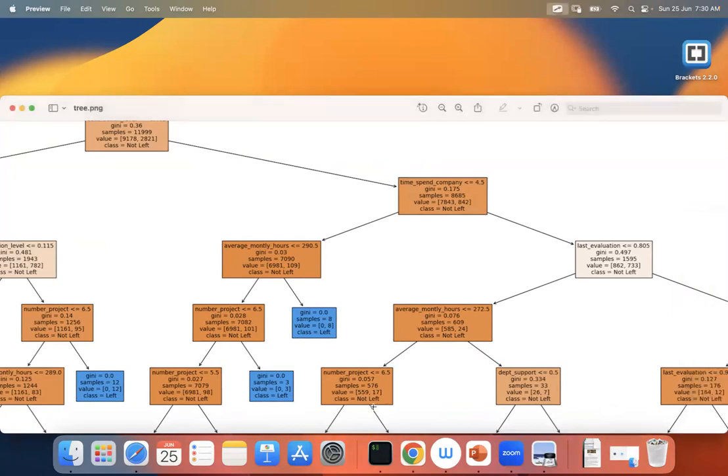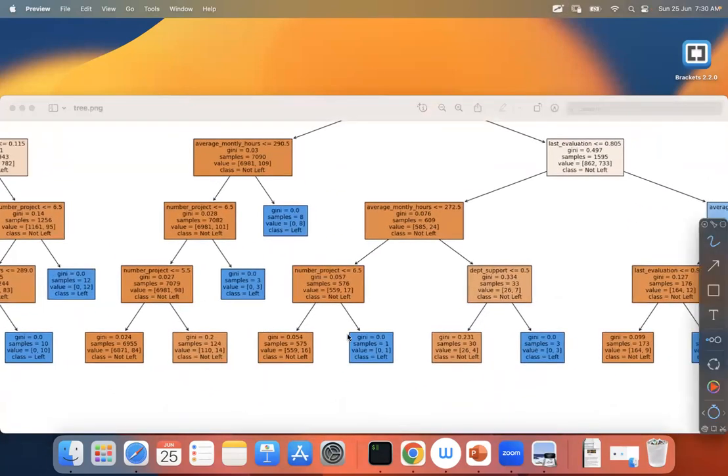Let's say the employee falls into this particular bucket. Then you can say the employee is not likely to leave, because in the historical data we have observed that employees with the same criteria mostly have not left. That's why this employee is also not likely to leave. So this is the beauty of this particular algorithm,